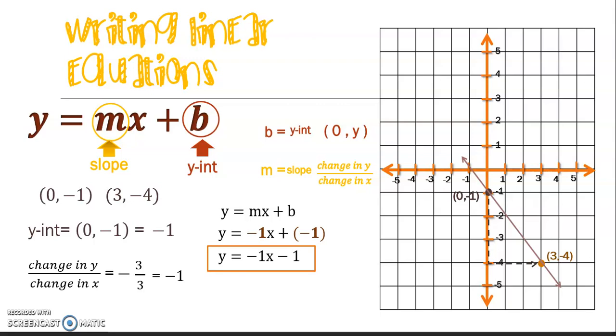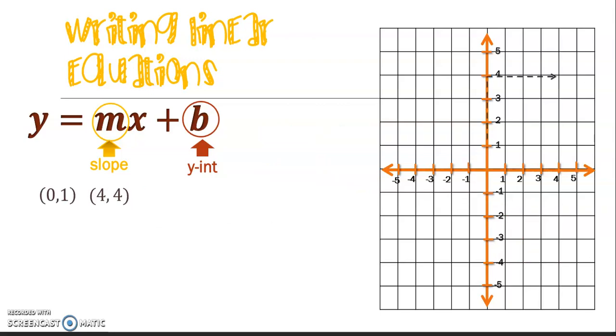So we're going to do another example. Okay? On this example, we have two ordered pairs. We have (0, 1), and we have (4, 4). As in the other graph, we're going to start plotting our ordered pairs: (0, 1) and (4, 4). Now that I plot these two points, I'm going to draw the line, and I have this